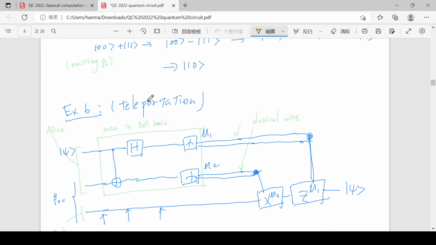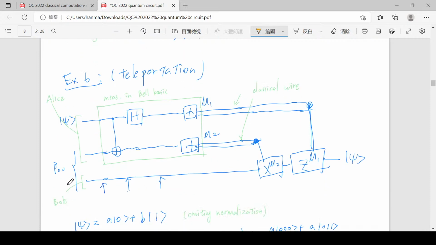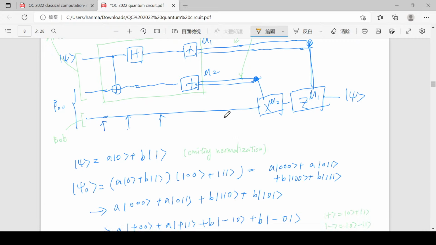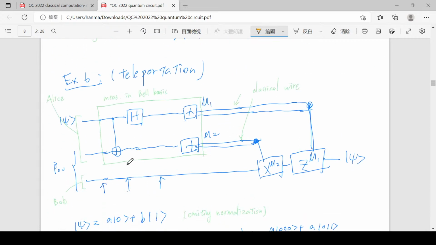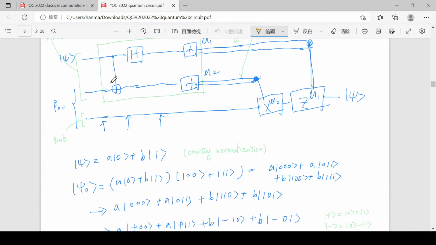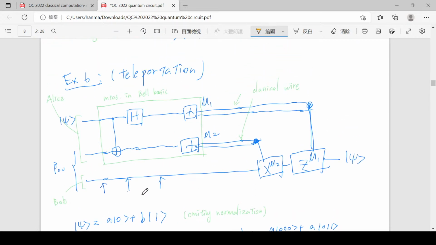So, teleportation. Teleportation has 3 qubits. I guess we say we didn't multiply out everything, but we do basically multiply out all our states. We just don't multiply out our gates. Writing down the gate is very, very annoying. But for states, okay, it's only 2^n instead of 2^n squared. Anyway, teleportation. So there are 3 qubits, and